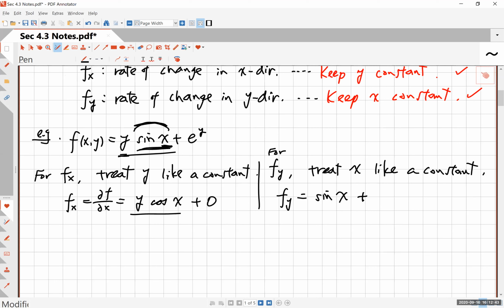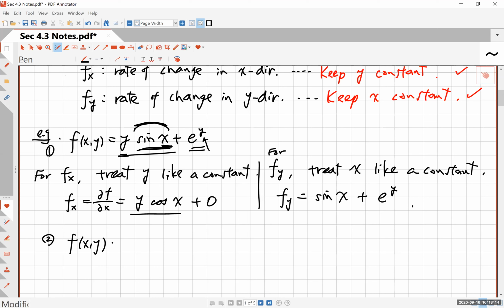And then plus, now e to the y, if you take the derivative with respect to y, you just get e to the y, right? You don't get 0 because y is actually here, not x. All right, so that's how you can take the derivatives. These are called partial differentiation. What we have just done is called partial differentiation. It is the process of finding partial derivatives. All right,